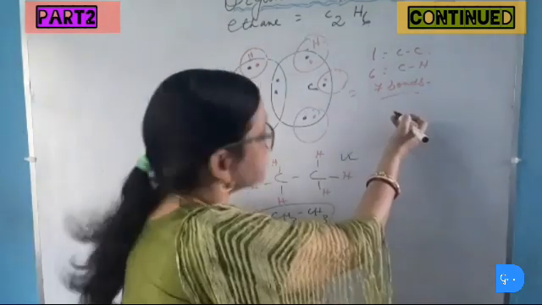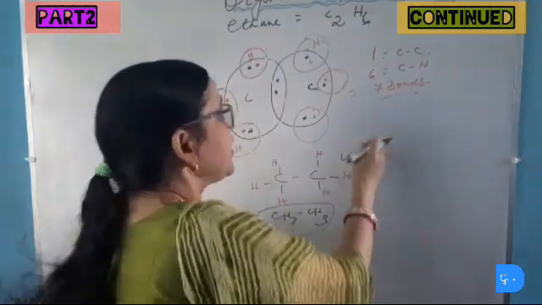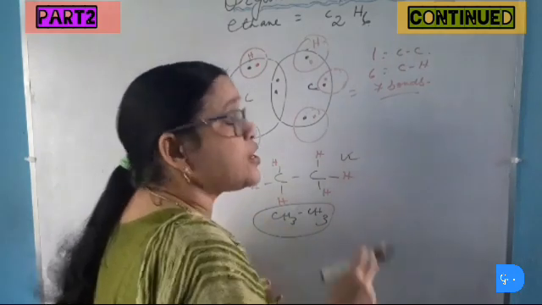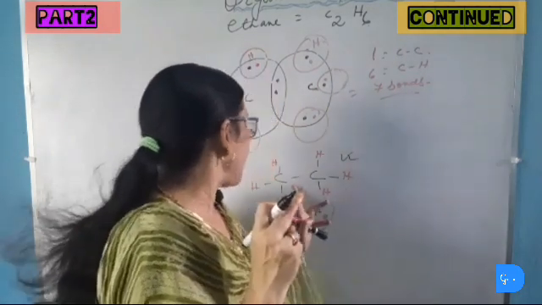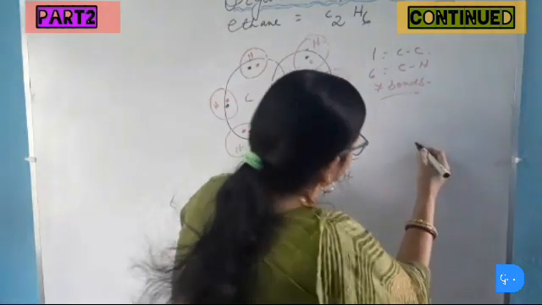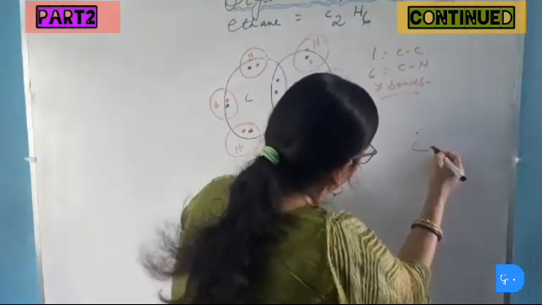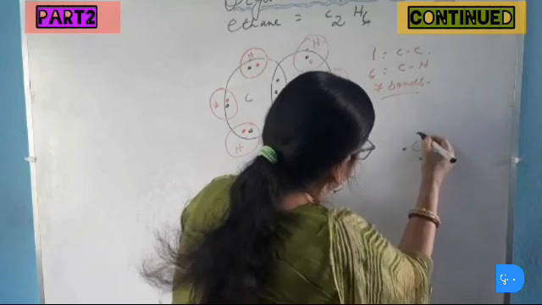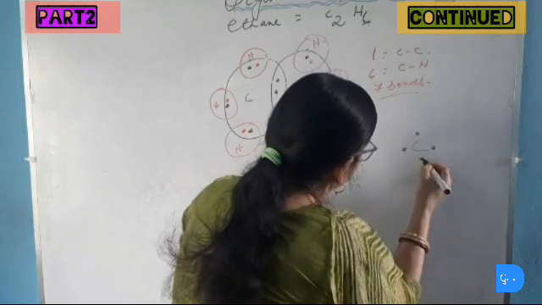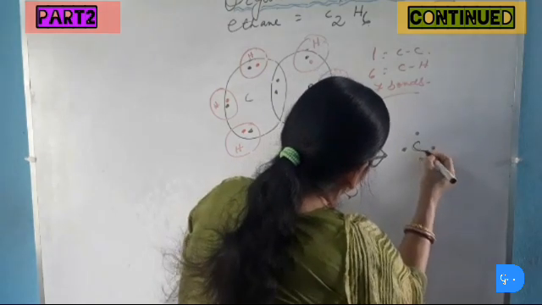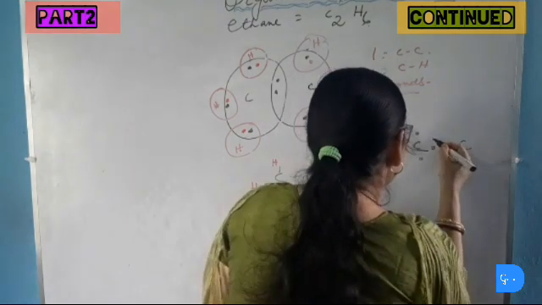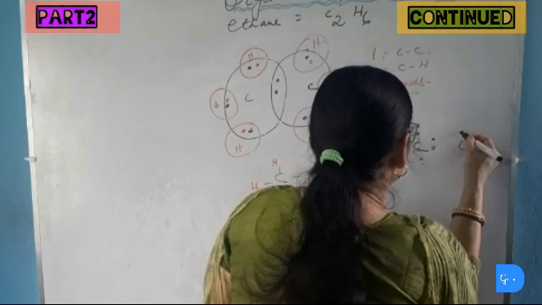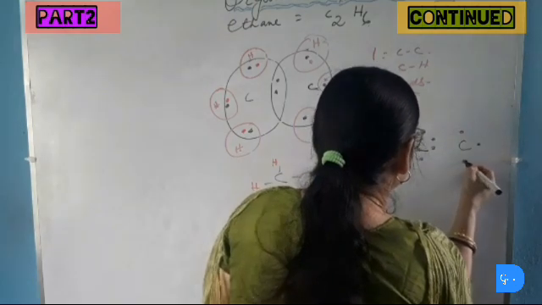Now we will draw the electron dot structure of ethane. In ethane it is easy because it is a single bond. There will be only 2 electrons in electron dot structure combining these 2 carbon atoms. This is carbon giving 4. This is the electron dot structure. Carbon is having 4 electrons, that is the valence electrons, and here is another carbon which is sharing 1 electron with this carbon and 3 electrons are given up.